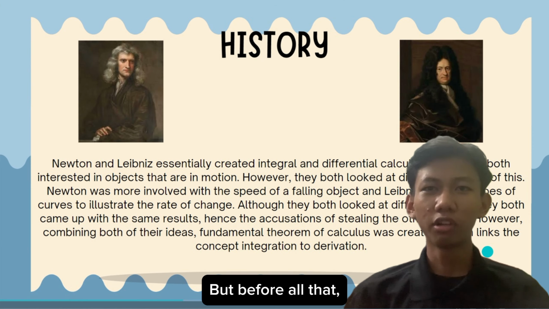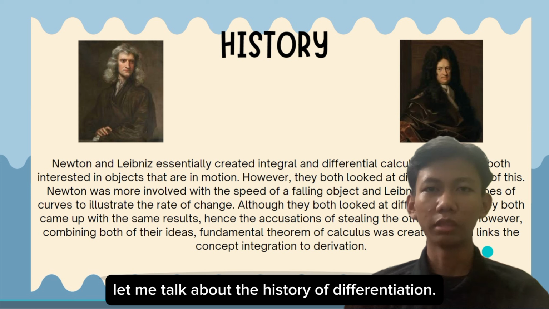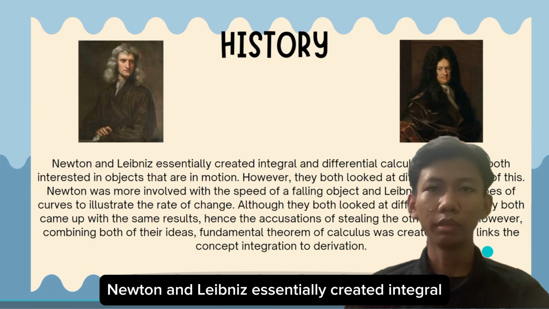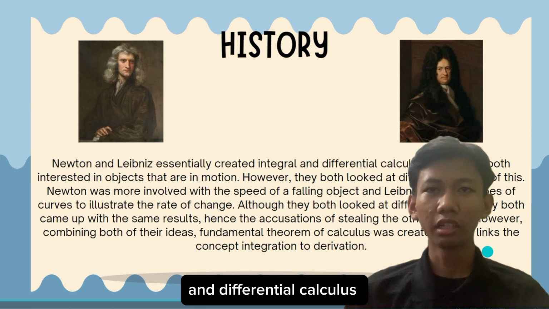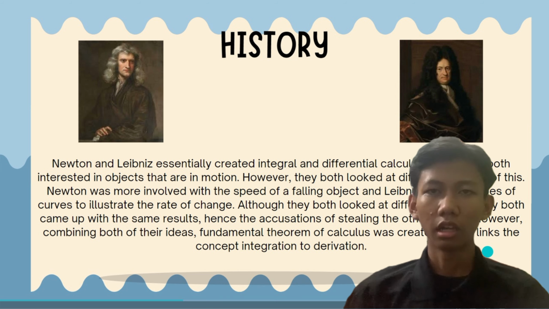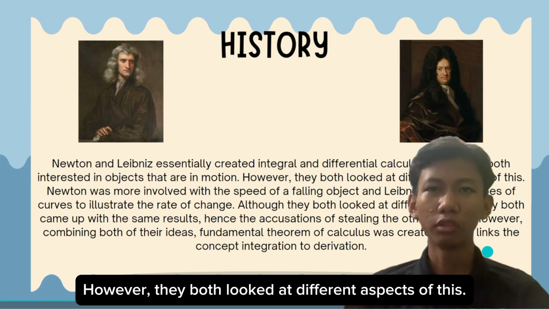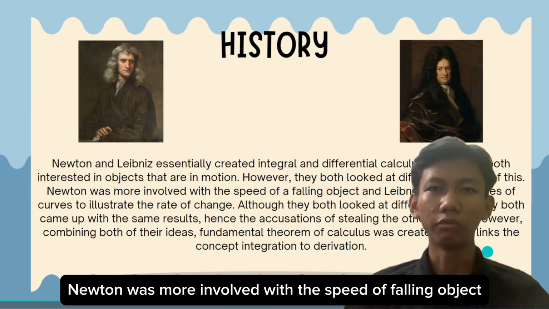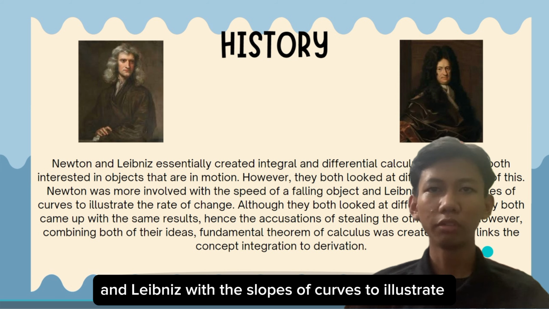But before all that, let me talk about the history of differentiation. Newton and Leibniz essentially created integral and differential calculus. They were both interested in objects that are in motion. However, they both looked at different aspects of this. Newton was more involved with the speed of a falling object, and Leibniz with the slopes of curve to illustrate